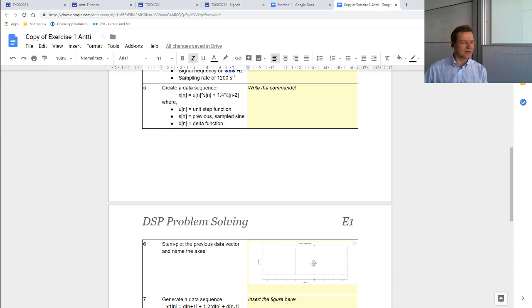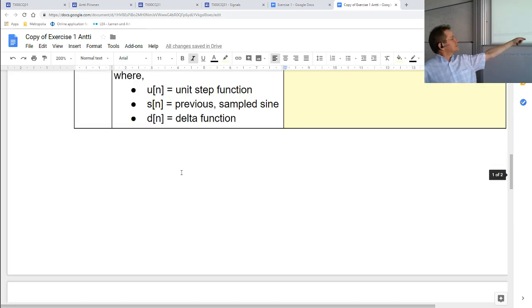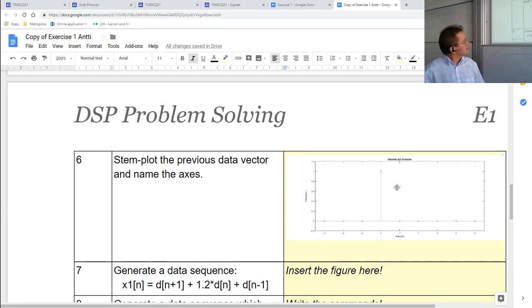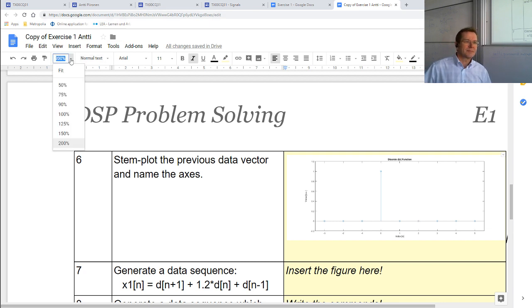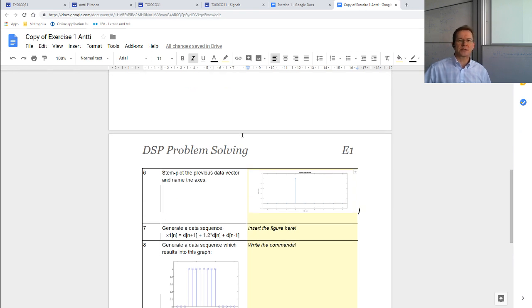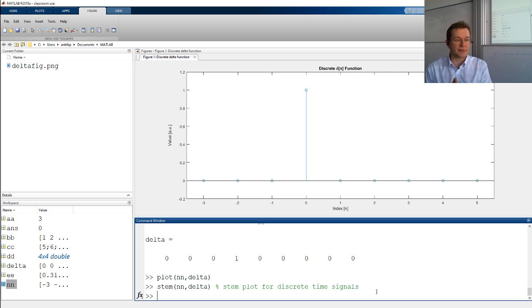Change to a bigger font. Since I can barely see it, let's see what it looks like. All right. So that's how you make a picture on these sheets. Stemplot. Let's try then the similar way. We have another